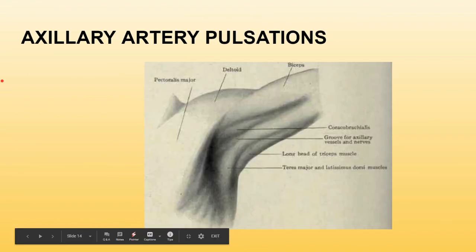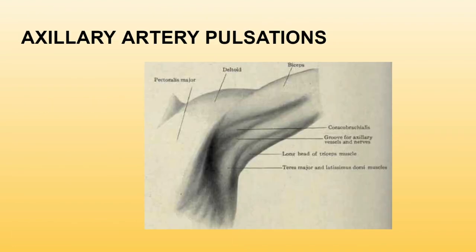How will you be able to feel the pulsation of the axillary artery? Now, axillary arterial pulsation can be felt against the lower part of the lateral wall of the axilla. This is the axilla. So at the lower part of the lateral wall of the axilla, you can feel this